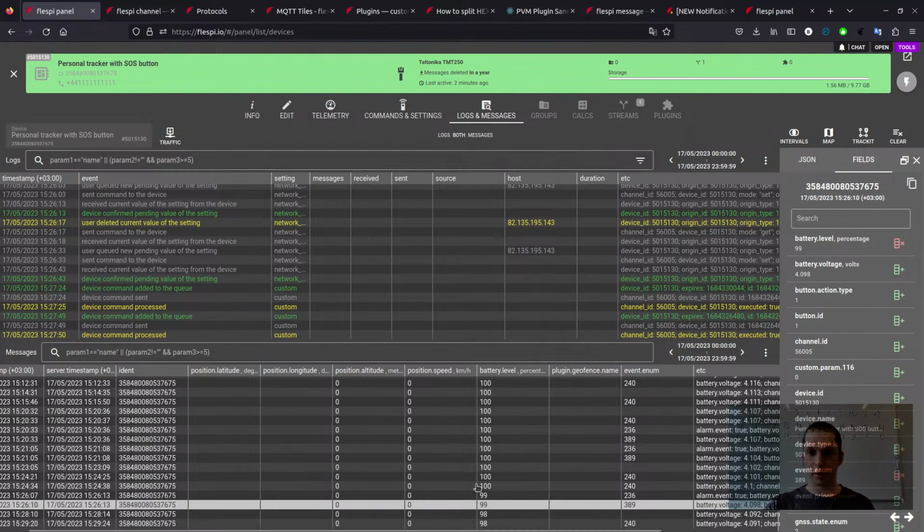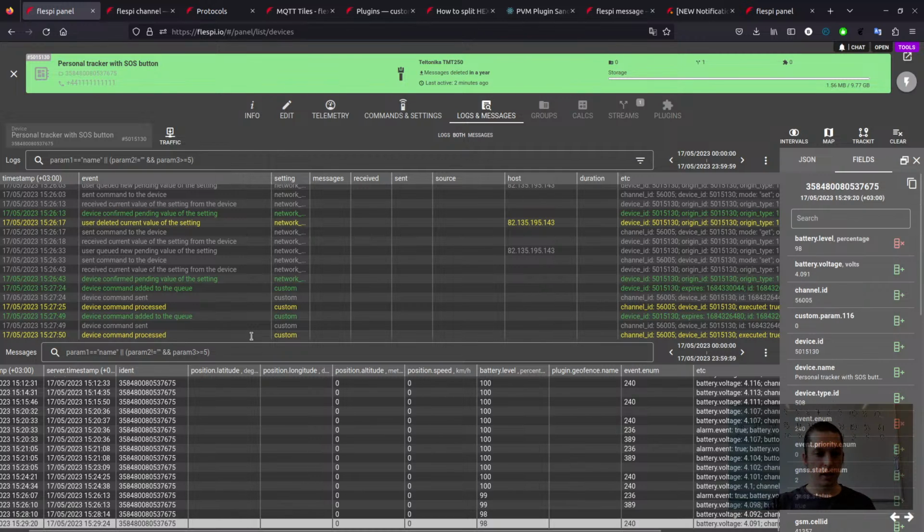So let's explore the messages that I have here. You might see that position latitude and position longitude are missing. Because what? Because I'm sitting here in the stream in the building, and my personal tracker is with me, and it cannot capture GPS signal. Of course, I can open the window and raise my hand there, and my tracker will capture some GPS signal, but I cannot leave you alone. So I will stay sitting on my chair, but I can do something more interesting with it, with plugins.